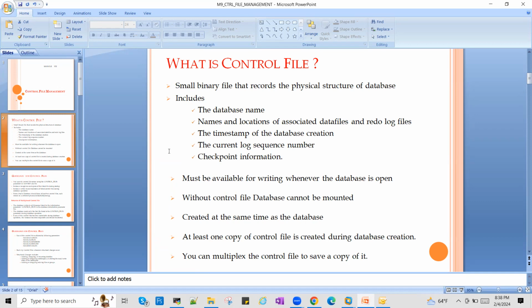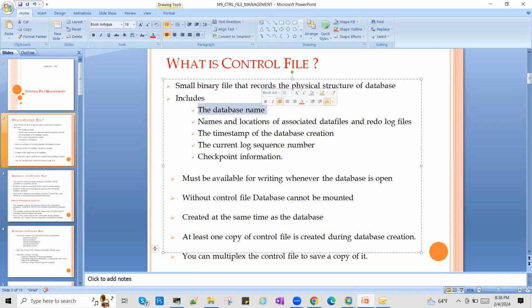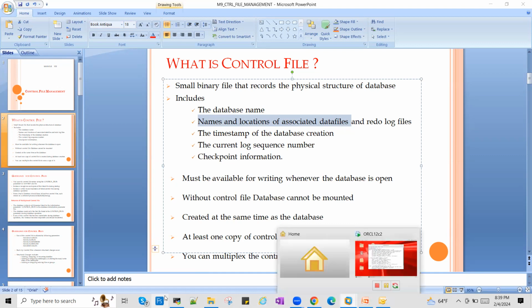So what is a control file? A control file is a small binary file that records the physical structure of the database. When I say physical structure, basically the information it includes is the database name, the names and locations of the data files, where exactly the data files are located, and where exactly the redo log files are located. For example, if I try to query on my server over here,